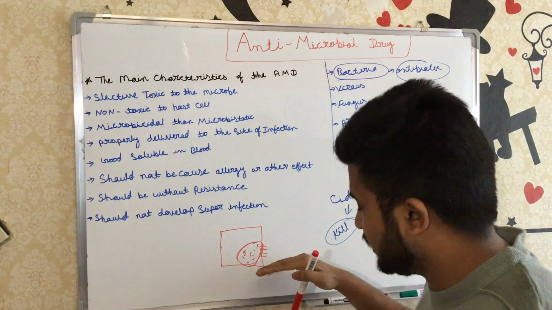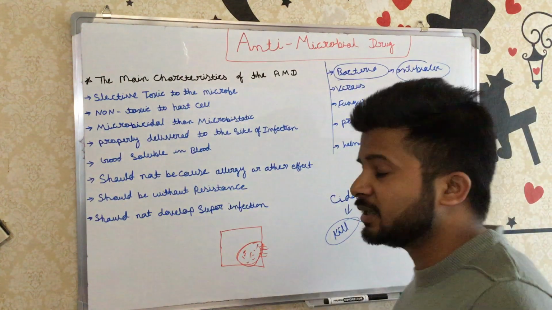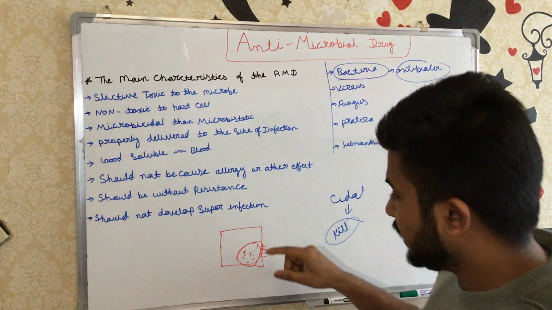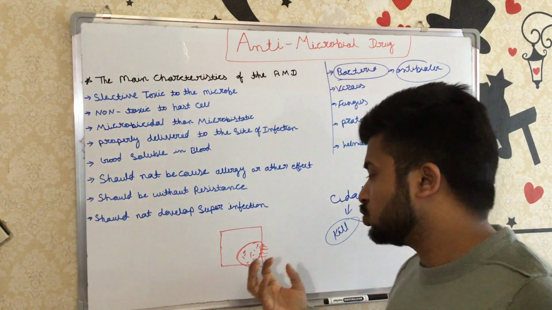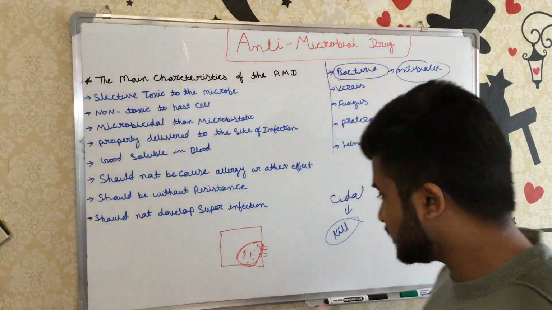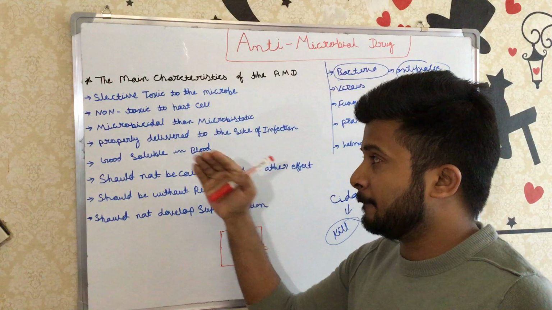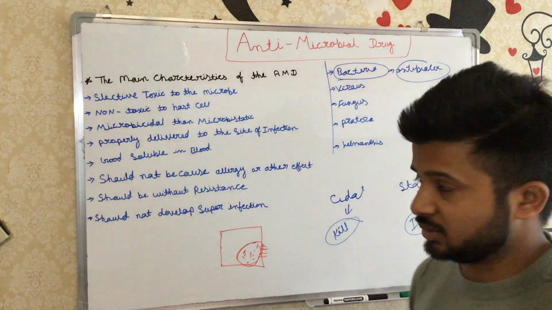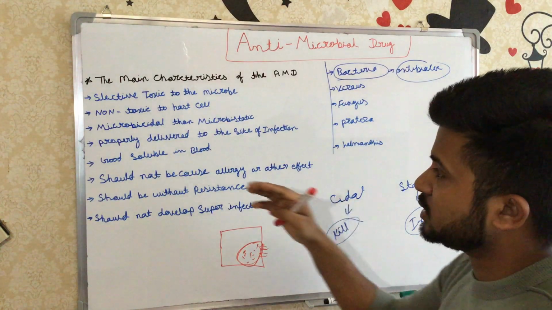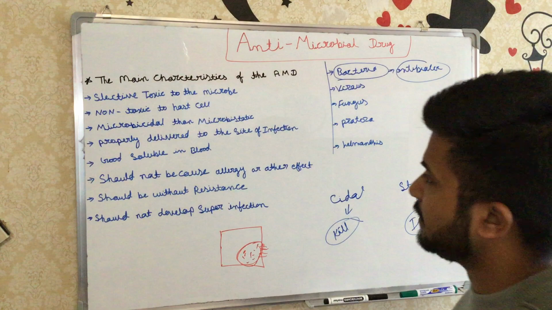But in this condition, if we give the microbicidal drug, it will kill the bacteria, so it is much better, because in this area if it kills the bacteria, the wound heals very fast. That's why it should be bactericidal rather than bacteriostatic. This term we can apply to bacteria too, because we will discuss bactericidal and bacteriostasis later when we discuss the bacteria.